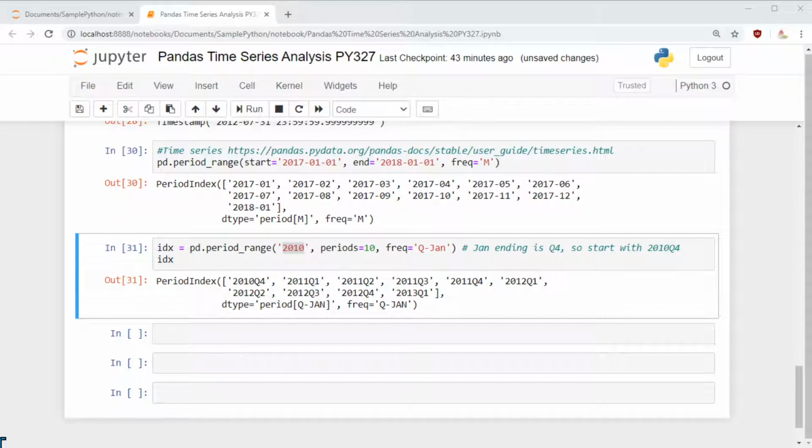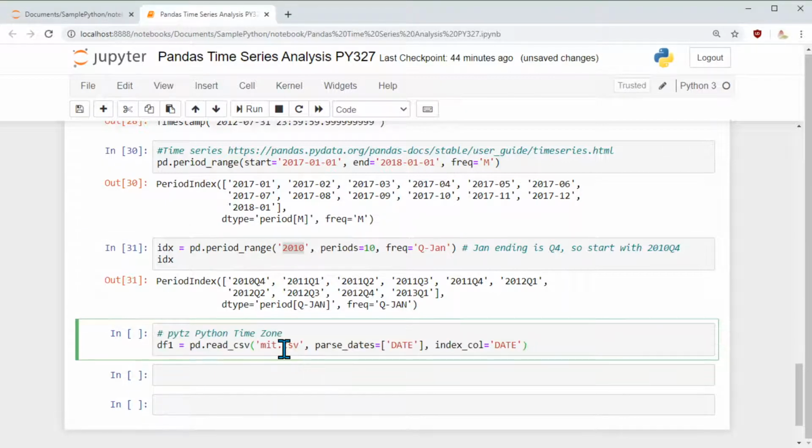Now let's move on and do some examples. What we are going to do now is read a file, a comma separated file. As you know, in the previous session or previous video, I explained that we have a file, mit.csv, which has a date column, and I am setting the same thing as index.